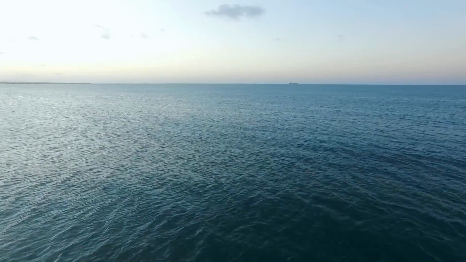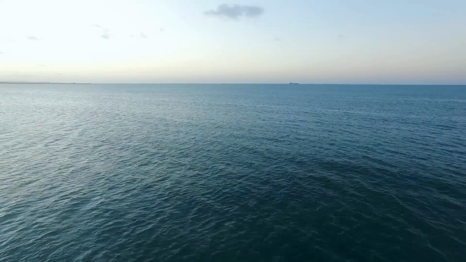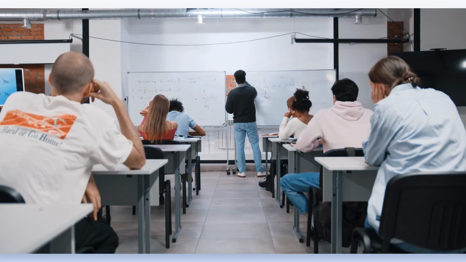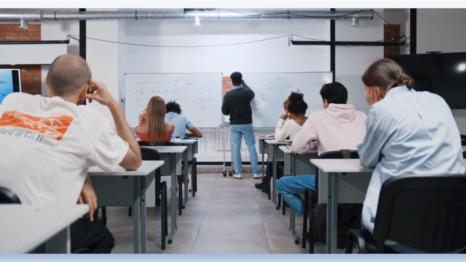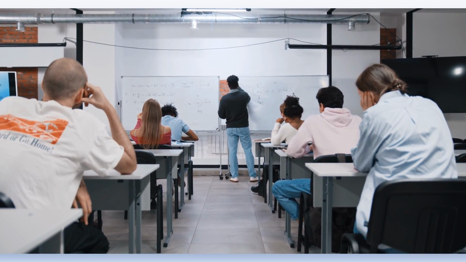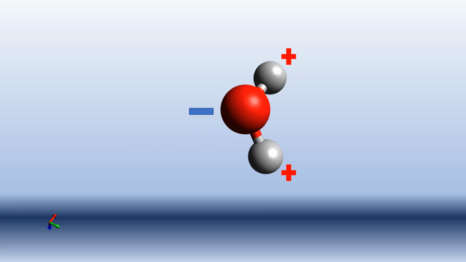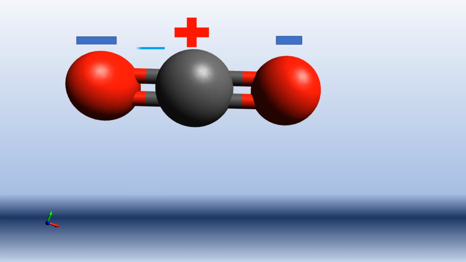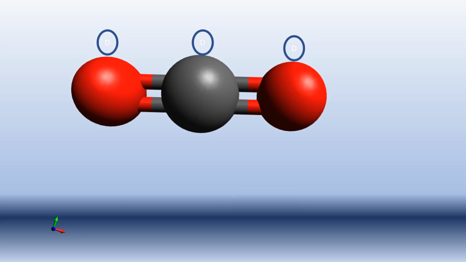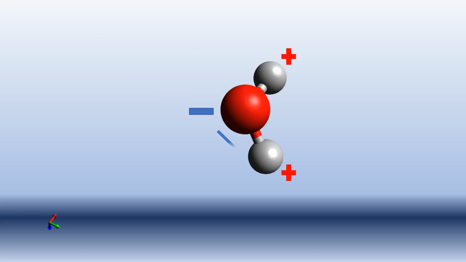There is a property of water called polarization, which helped life to form. Before I say anything about polar molecules, I would like to explain polarity. Anything which is overall neutral, but has an uneven distribution of charge creating positive and negative poles, is called polar. For example, a magnet is overall neutral, but one end of it is positive, creating the South Pole, and the other is negative, creating the North Pole.